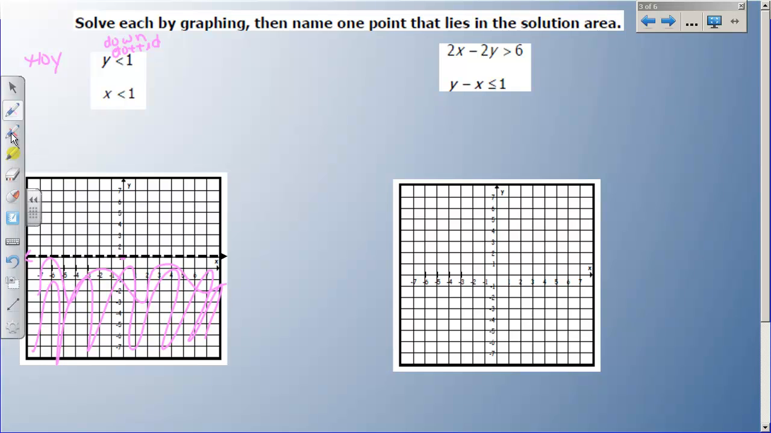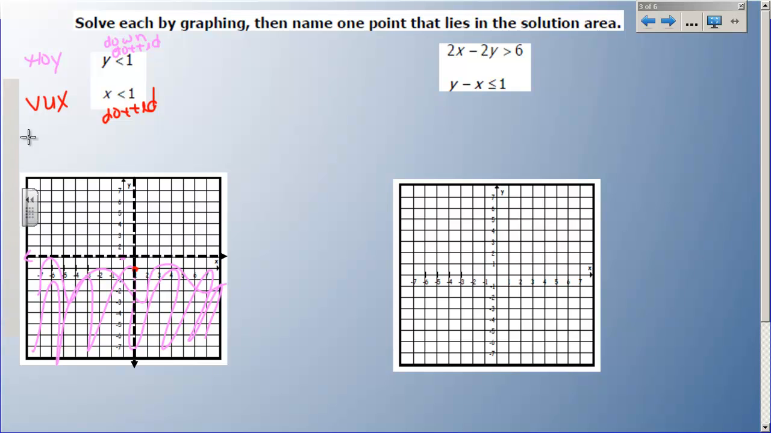So now let's do the x. x is less than 1. Well, this is going to be a vertical line because it has just the x. And because it is less than, and it's vertical, I'm not really going to shade down this time. I'm going to end up shading less than, which we'll talk about in a minute. But this is also a dotted line because it is just less than. So x equals 1 right here. And we're going to have a vertical line that goes through that point